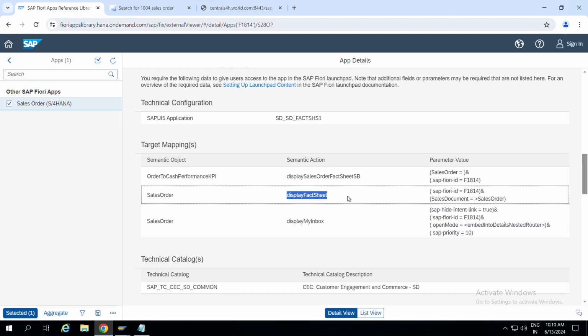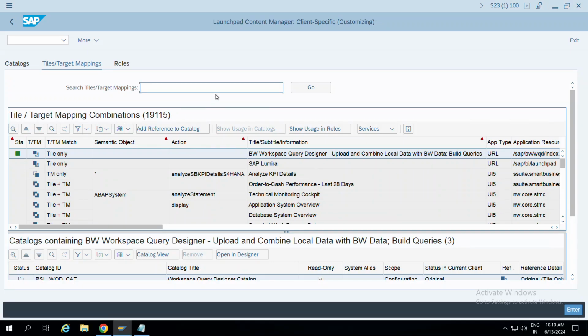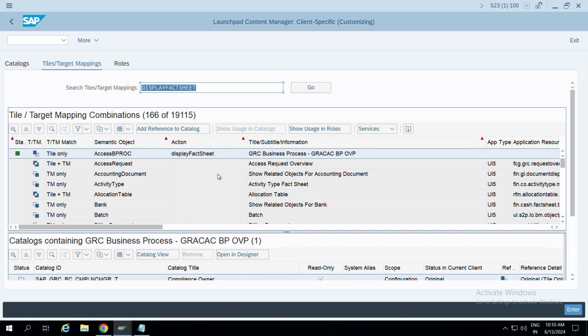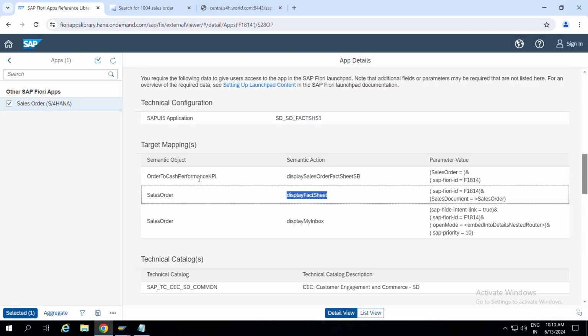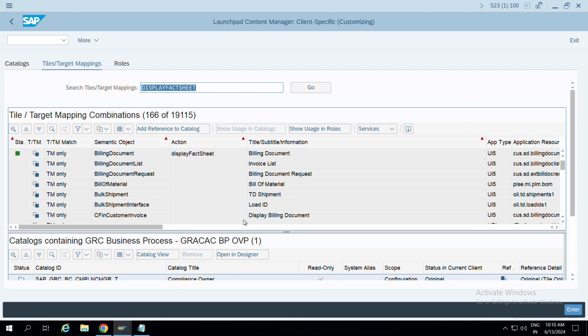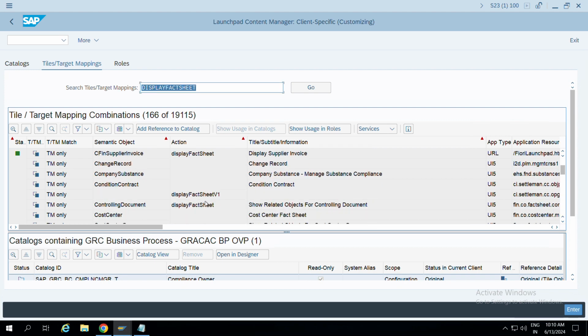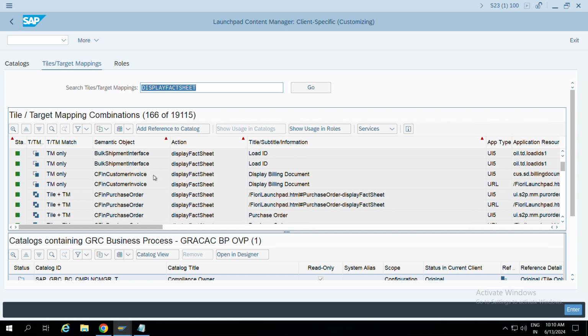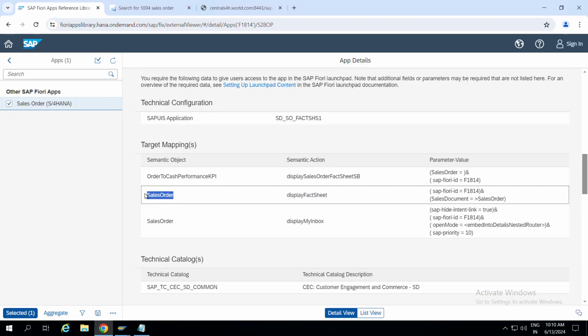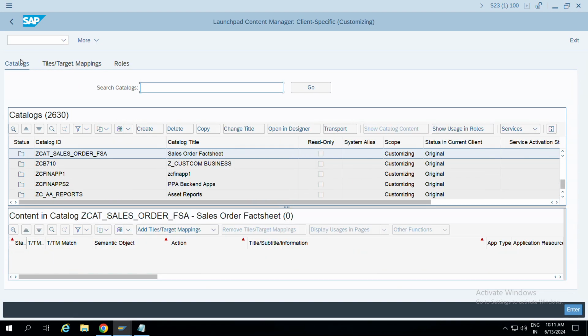I'll be searching for this sales order. You can search for this. So this is the target mapping, and you can search for target mappings, or you can go here only and